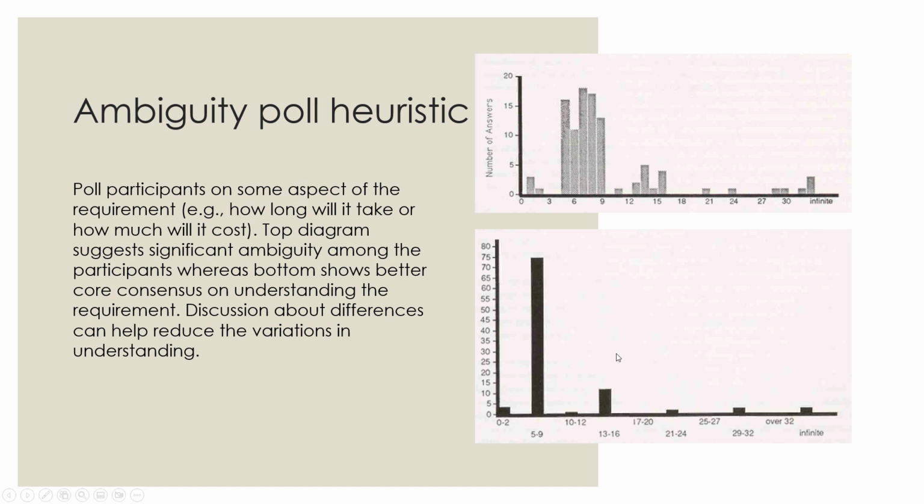The bottom one, maybe after some working out of the differences, shows a more concrete understanding of, I think I know what we have in mind. So choose some measurable aspect of what's going on in the requirement, poll everybody, do a histogram, and if you have this kind of clustering, you're on the road to being clearer. It's called the Delphi technique, and it's a bona fide way of trying to get diverse opinions to condense around a central idea.